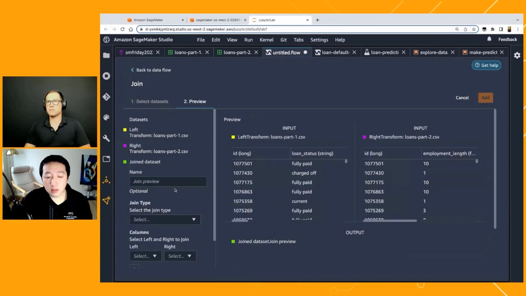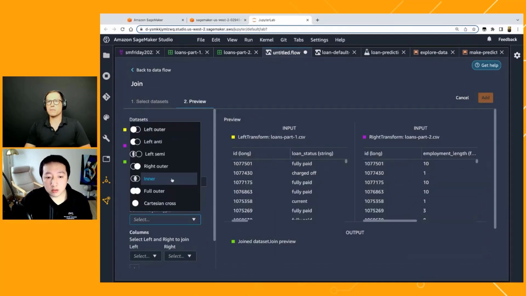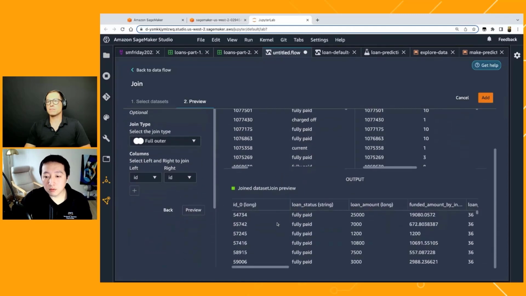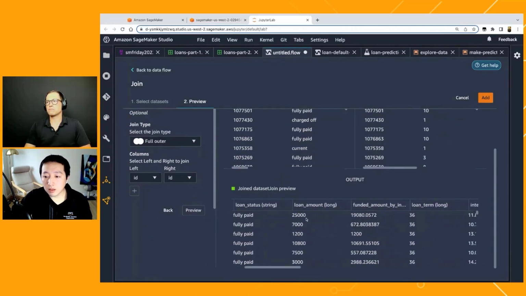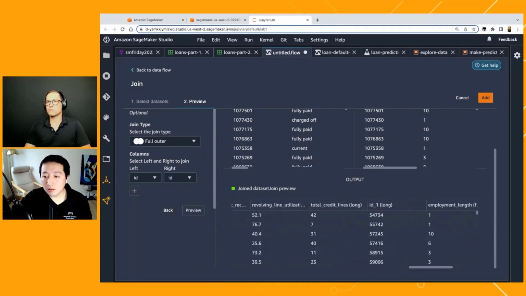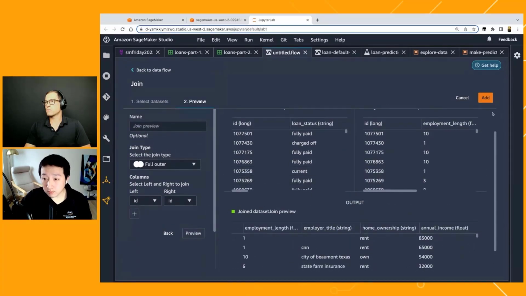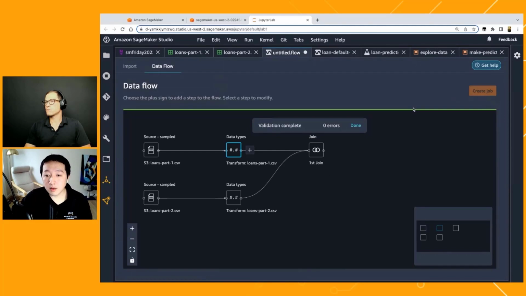Let's configure the join, how we'd like to join them, and we can select inner join, left or right join, or full outer join. Let's go with full outer join, and we select the IDs very easily. You can join the two tables together, and we can preview the join output. And now we see that the whole spreadsheets have been concatenated together, or joined together. So we are ready to add them, and then we can move on to start what we call EDA, exploratory data analysis, with Data Wrangler.